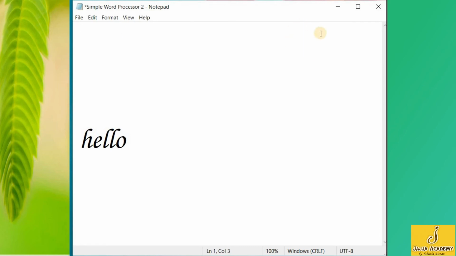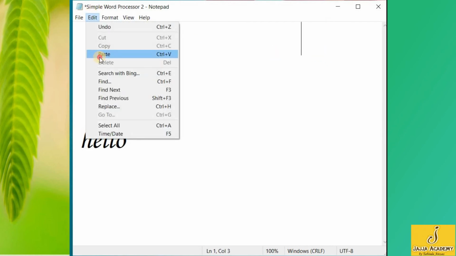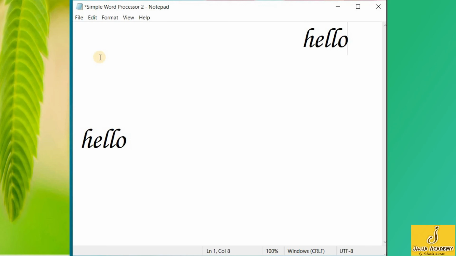Suppose I want to paste the hello word right here. Now I'll go to the edit button and paste it. So the difference between copy paste and cut paste is, when you copy a word, it remains in its original location and is also copied to the destination location where you paste it.